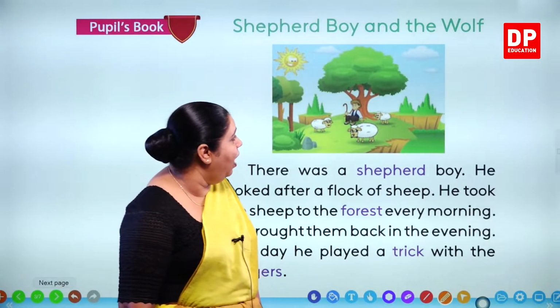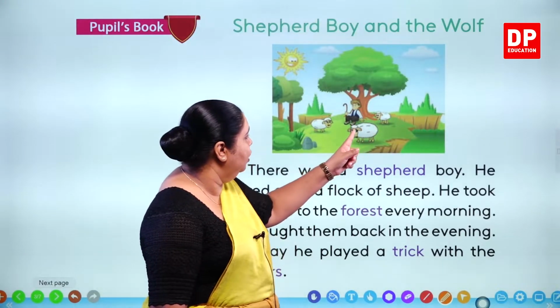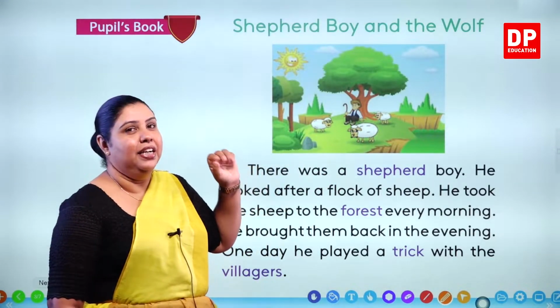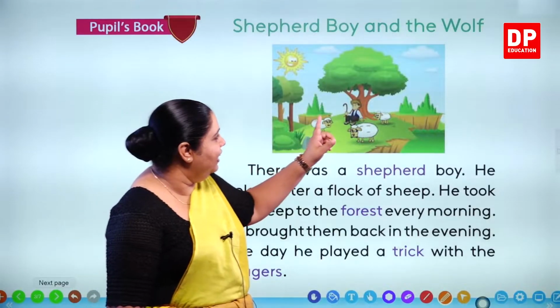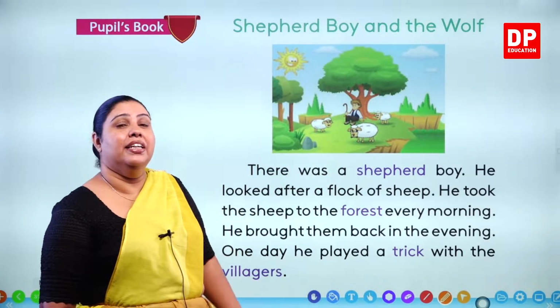The sheep are over here. How many sheep are there? There are 3. 1, 2, 3. Right? Now I hope you can see the little shepherd boy is seated on the ground under the shade of